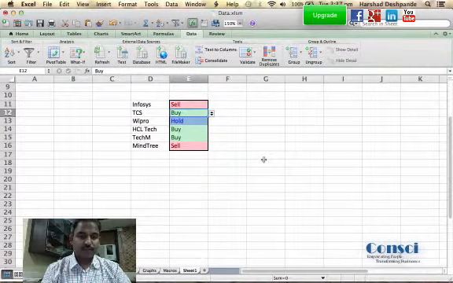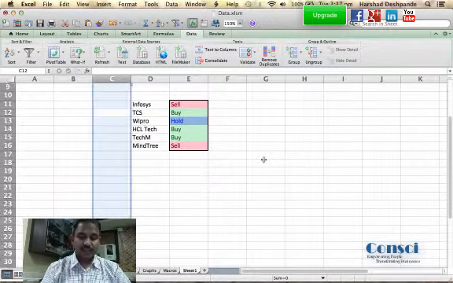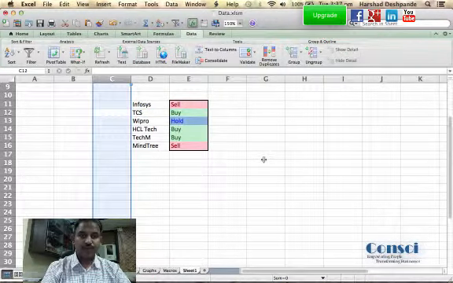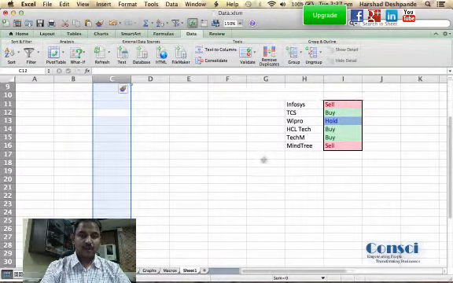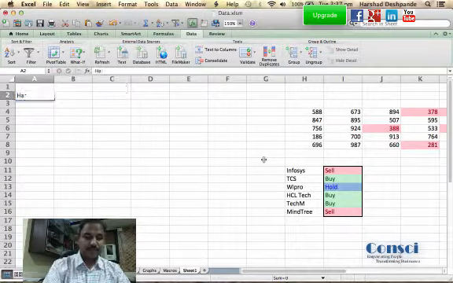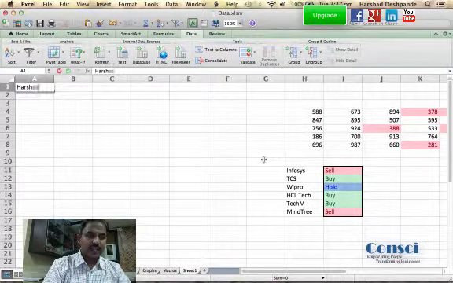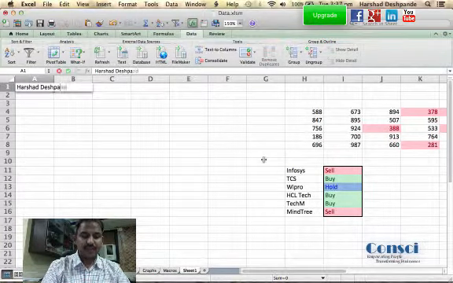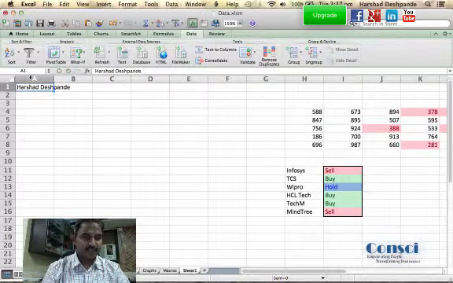The third thing that I'm going to share with you is again interesting: how to use text to columns. Let us say I write my complete name over here, and I request you to try it in the very beginning cells like A1.